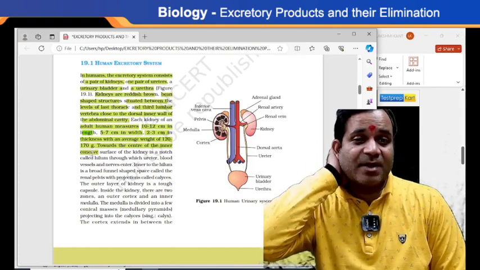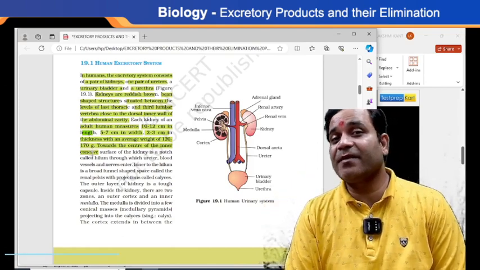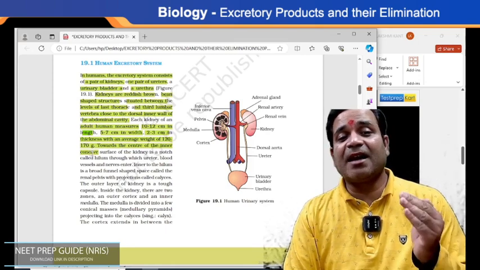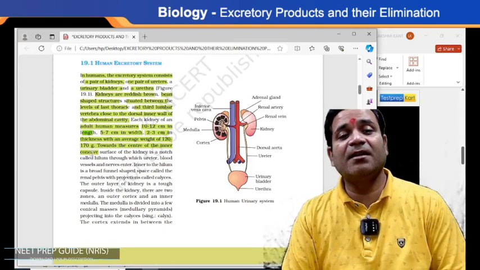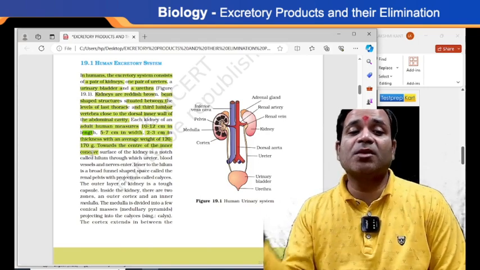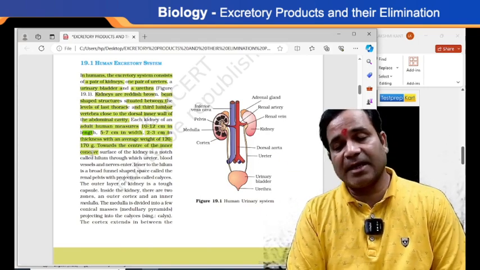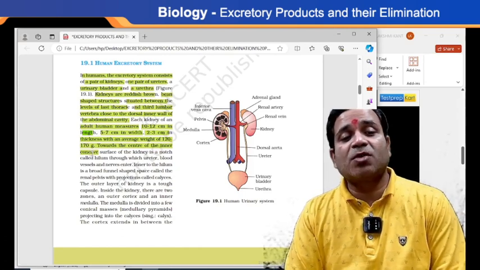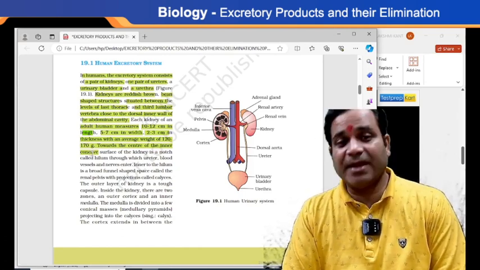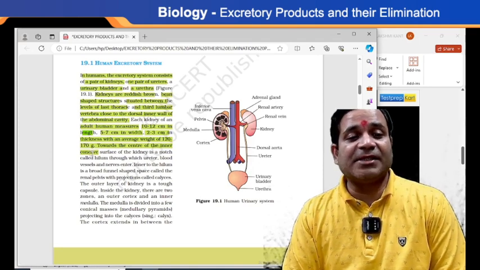Kidneys are reddish brown, bean-shaped structures situated where? Location: at the level of the last thoracic and third lumbar vertebra, close to the dorsal inner wall of the abdominal cavity. So that's the exact position of the kidney, my dear. Okay, so now the next thing that is important to know here is that each kidney of an adult human measures how